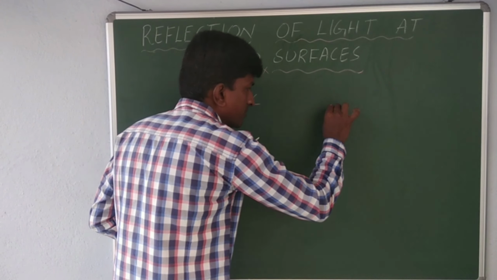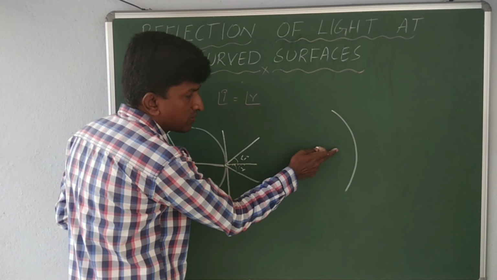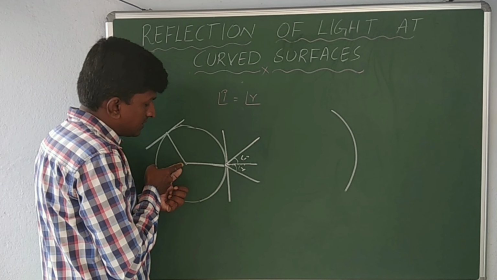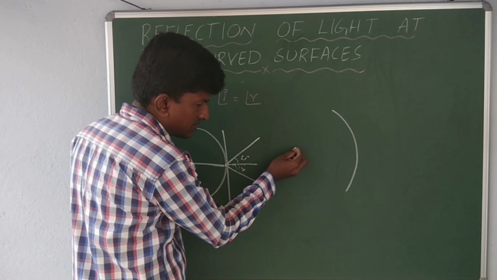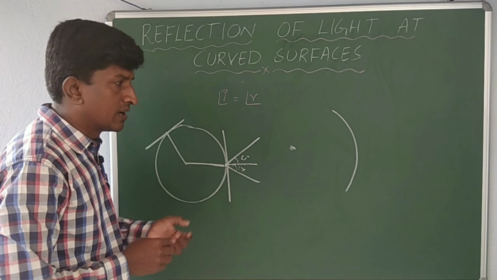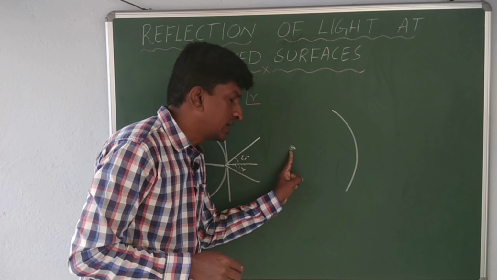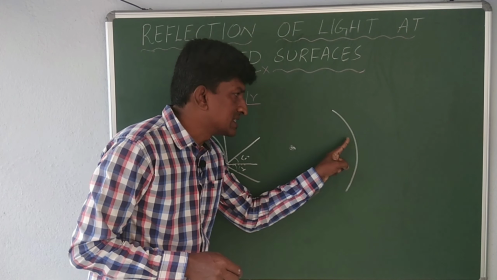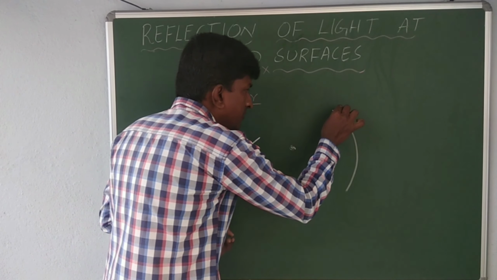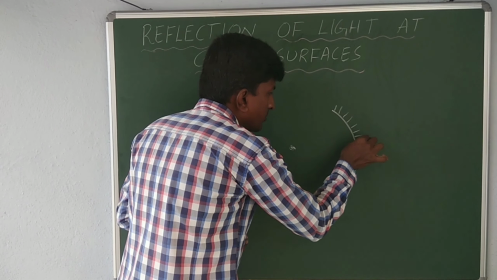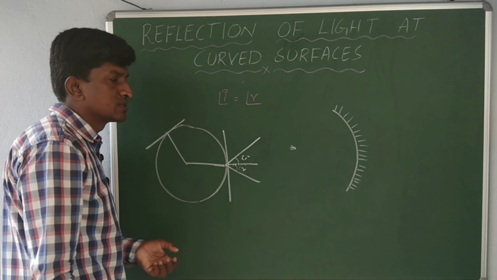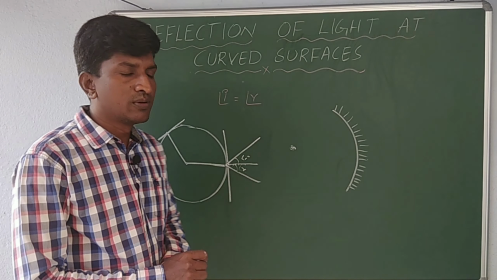The same applies in the case of a curved surface; we have separated this curved surface from a sphere. That sphere also has a center of curvature. Let us say this is the center point of that sphere, and this center point is known as the center of curvature for this curved surface. Here, if it is a concave mirror, we paint the outer side, the convex part, so it becomes a concave mirror.